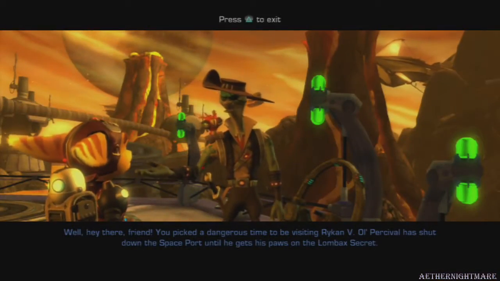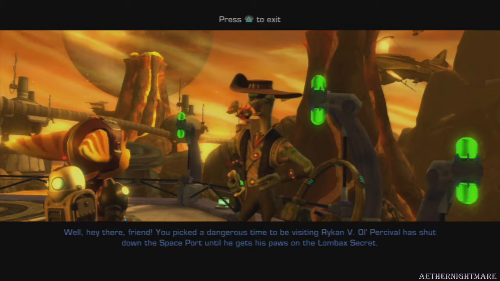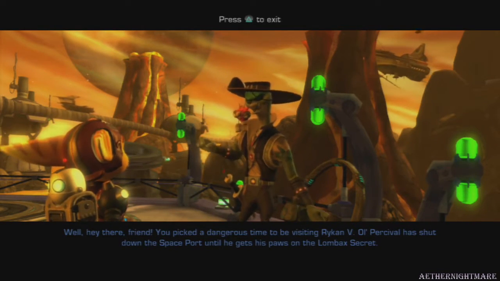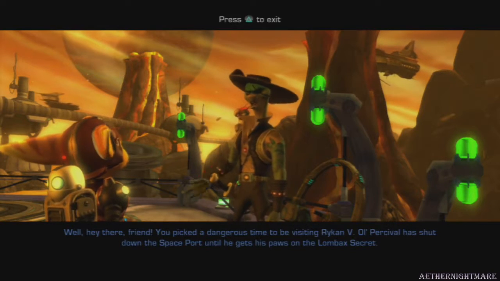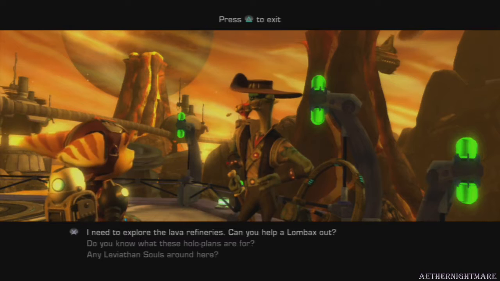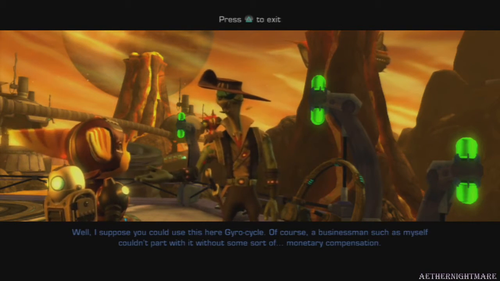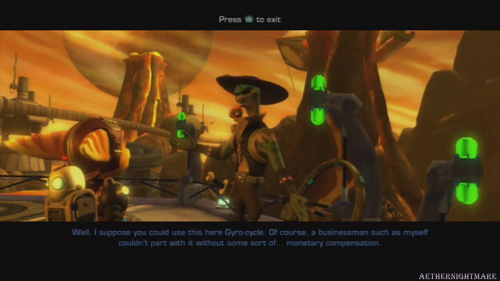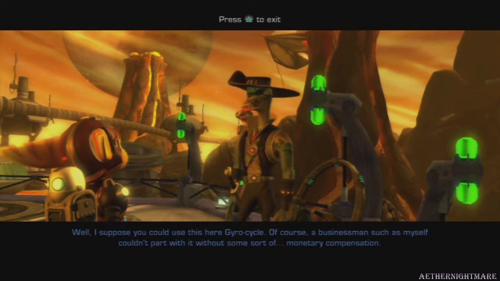Well, hey there, friend. You picked a dangerous time to be visiting Rykan V. Old Percival has shut down the spaceport until he gets his paws on the Lombax secret. I need to explore the lava refineries. Can you help Lombax out? Well, I suppose you could use this here gyrocycle. Of course, a businessman such as myself couldn't part with it without some sort of